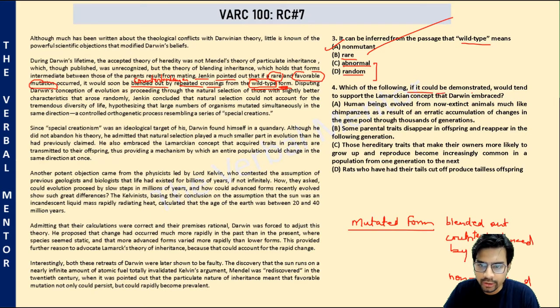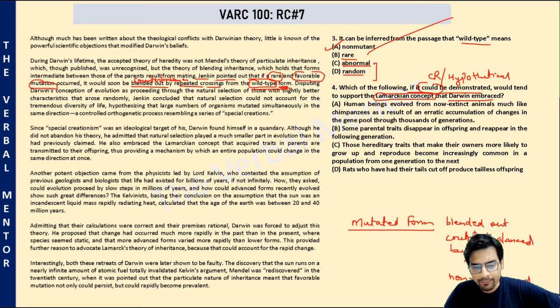Which of the following, if it could be demonstrated, is a hypothetical question, critical reasoning. If one of the following were true, it would support the Lamarckian concept that Darwin embraced. Okay, so let's first understand the Lamarckian concept. The Lamarckian concept says,